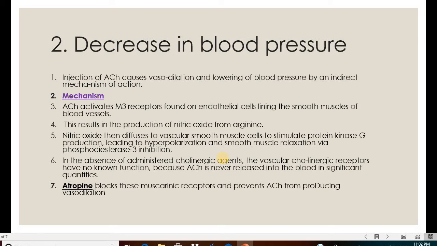This nitric oxide is responsible for dilatation of the vessels by increasing or decreasing some kind of secondary messengers. And what is the blocker of the cholinergic? We can say it's atropine, which prevents the vasodilation. तो एट्रोपिन आप दे सकते हो अगर ज़्यादा अमाउंट में स्टेबल क्योंकि ब्लड प्रेशर लो हो रहा है तो एट्रोपिन इसको प्रोहिबिट करेगा।